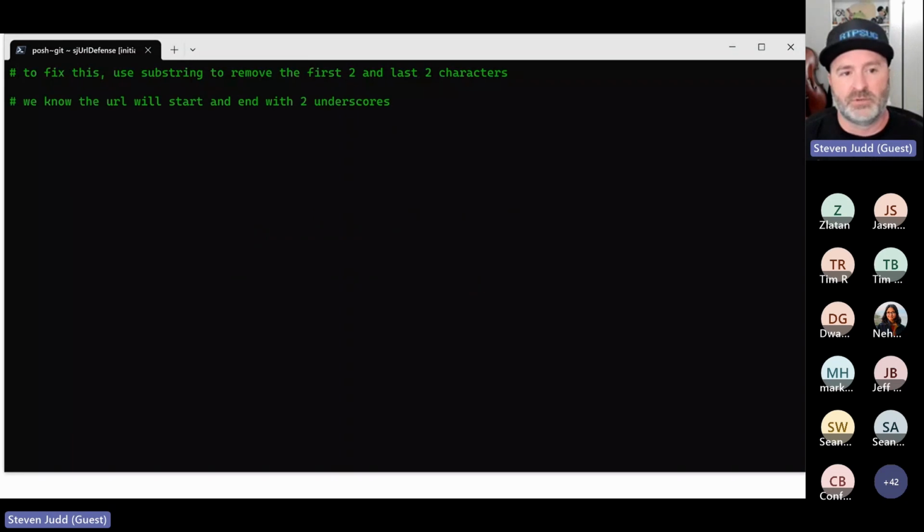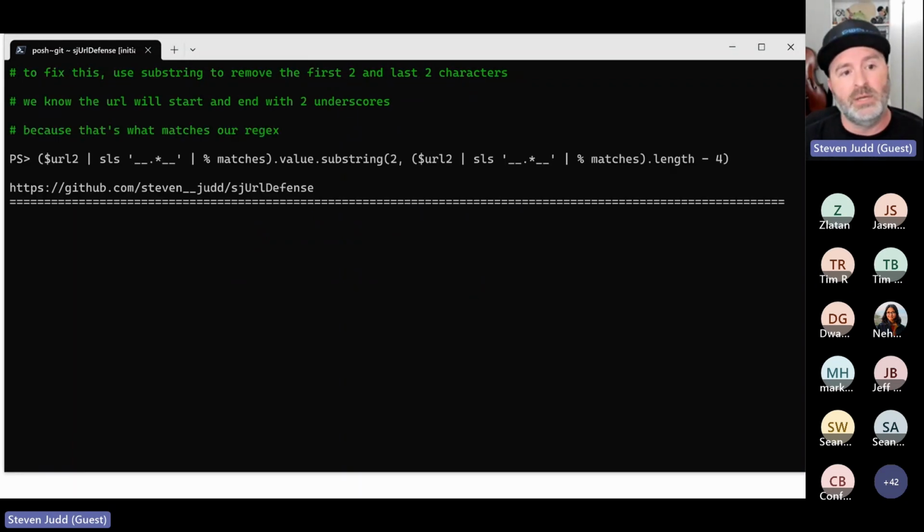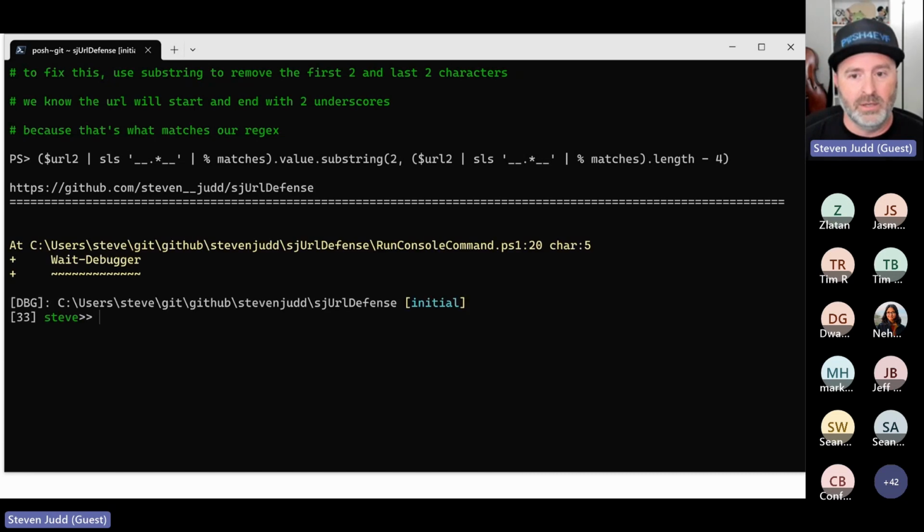Well, we use substring. We're going to remove the first 2 characters and the last 2, because we know that the URL will start and end with the underscores, because that's what matches our regex. Our regex will not match unless there's a double underscore at the beginning and a double underscore at the end. So here's the command. Notice I've got the same thing all the way up to dot value, and then I do dot substring.